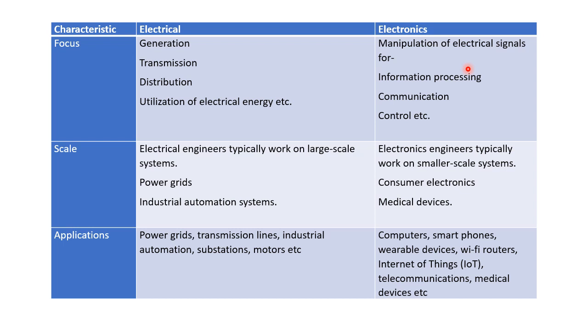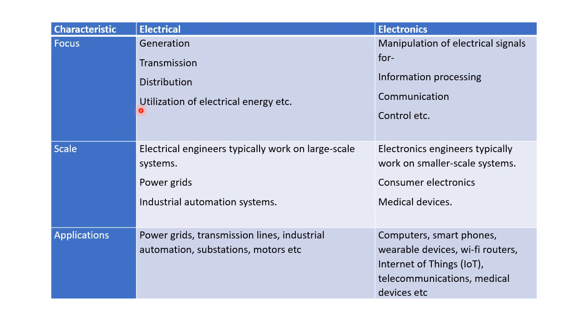So what I'm saying is, information processing is, for example, you have a smartphone with cameras, microphones, and GPS. These are the sensors used in the device. We take the information from these sensors and the processing has to be done there. So yes, information processing is done by the electronics part. Communication: we use electrons to convert sound waves into electrical waves to transmit the signal over telephone lines, Wi-Fi routers, etc. So these are the focus of electrical and electronics.